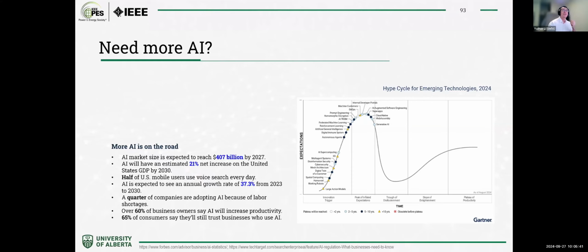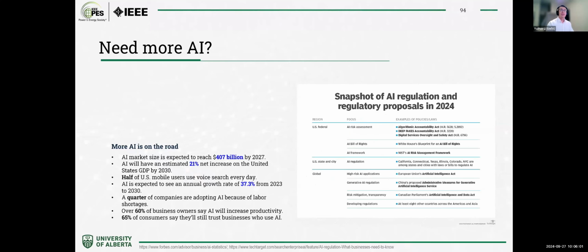So to answer this, do we need more AI? I think the answer is yes. Considering the hype cycle of AI, we have reached the peak for sure, but considering the longer term, this is only the beginning stage. This means in the future AI will probably increase dramatically and at a larger scale, as also mentioned in the first half of the presentation. We will see more AI data centers, more power consumption, and more transients to the grid.